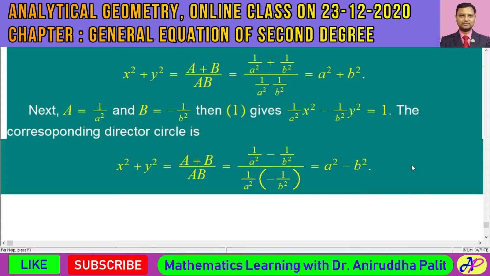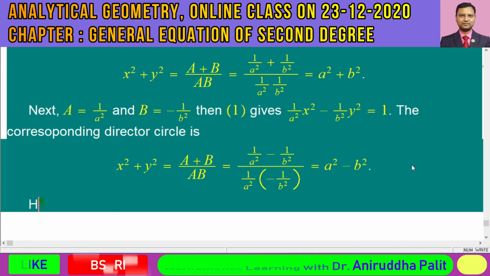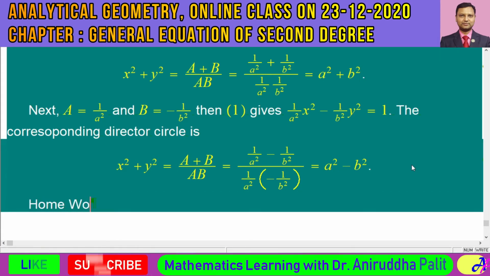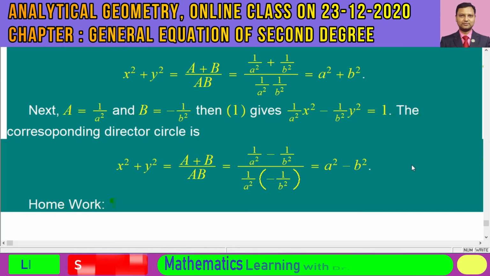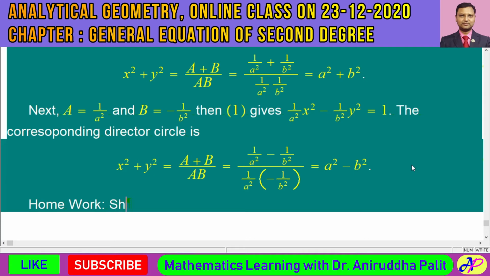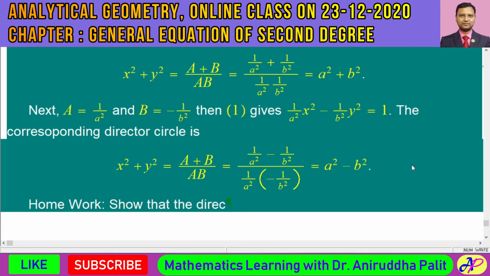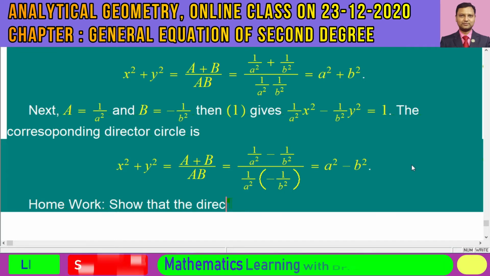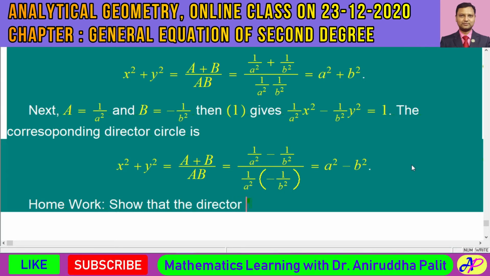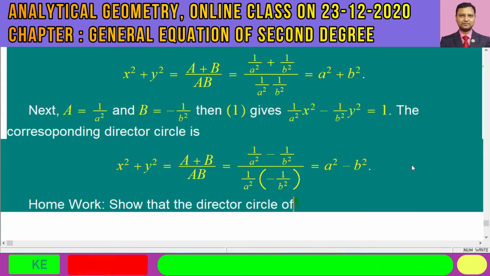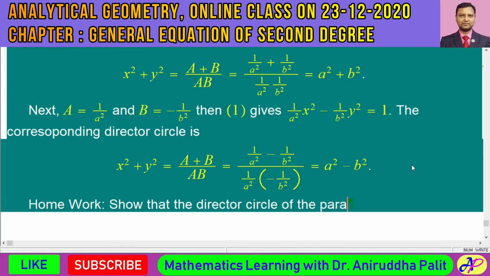I am keeping a homework for you. Okay. So this is homework. You can take a note of this question, because this question generally comes in exam, for about 2 or 3 marks. So show that the director circle of the parabola